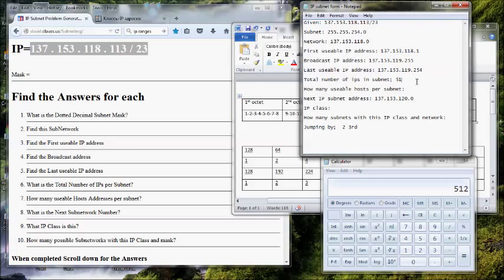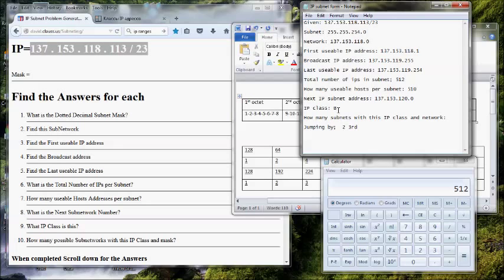So we've got 512, and that's the total number of IPs, and we have to reduce the usable number of IPs by 2 because one is the network and one is the broadcast. So that means the usable number is 510. The IP class, this is a class B,